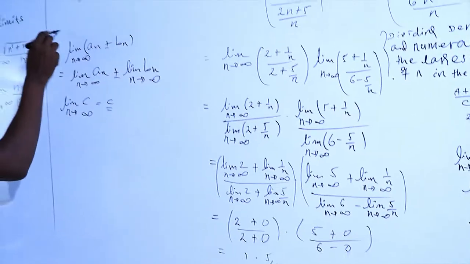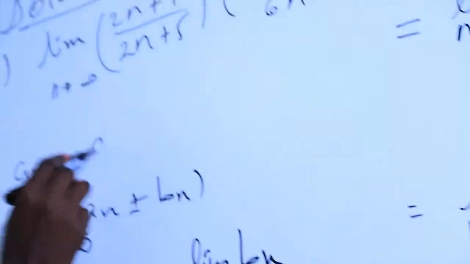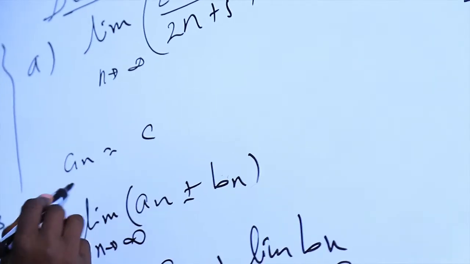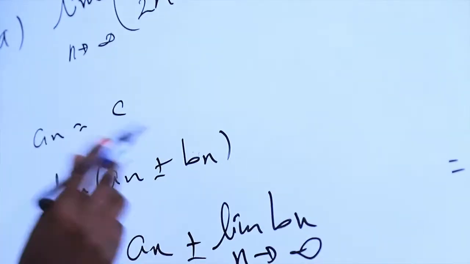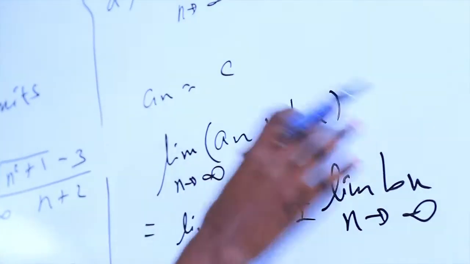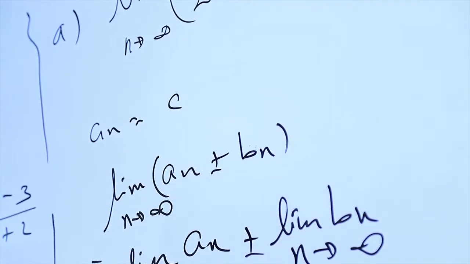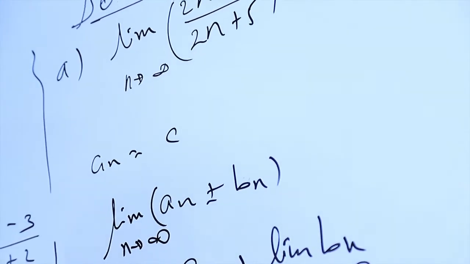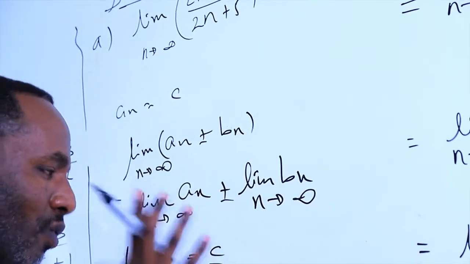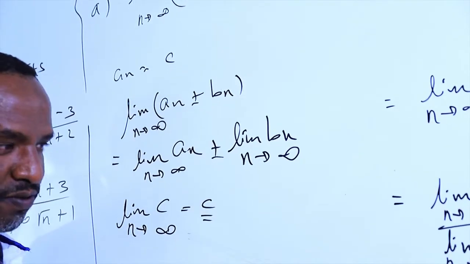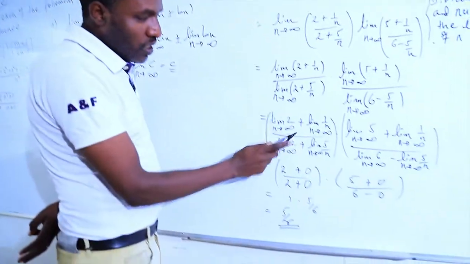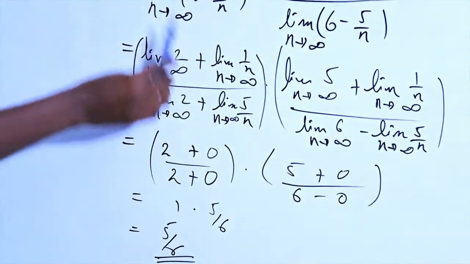In a sense, the value of a_n is, say for example, c, meaning a1 is c, a2 is c, a3 is c, a4 is c, a5 is c. So a_n is equal to, in general, c. This sequence is known as a constant sequence. For any constant sequence, the limit as n tends to infinity is always the constant number itself. In the same fashion here, the number 2, since it is constant, so the limit of